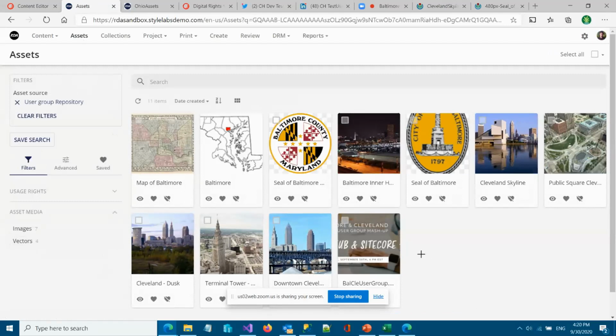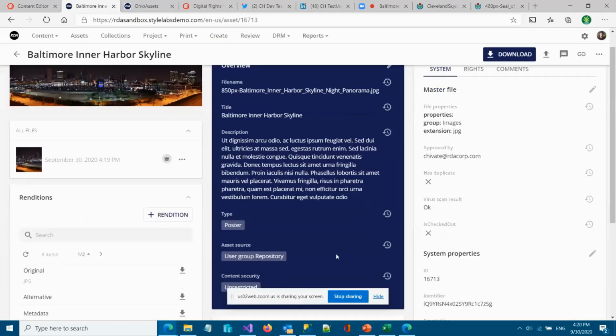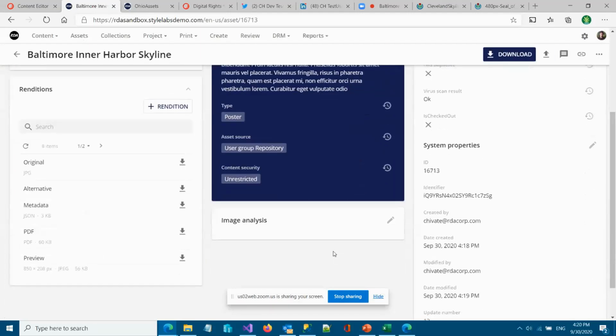And then we can quickly import a bunch of assets with all of its metadata, associate the rights profiles, and also possibly associate the tags and other attributes, and also create the renditions, like multiple renditions can be created for